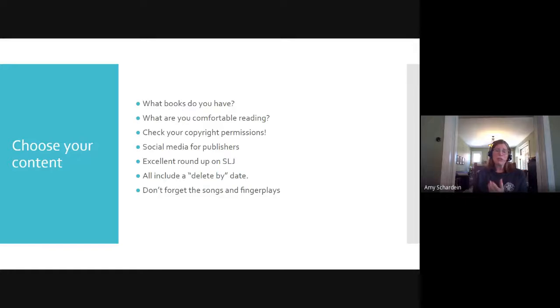And then also don't forget to choose songs and finger plays. And if you have any props you can use in your house, gather them up. But I really don't feel like this is the time to try new things. So I've been working on a couple new songs on my ukulele because I have some time for practice, but it's going to be a few weeks before I roll those out to